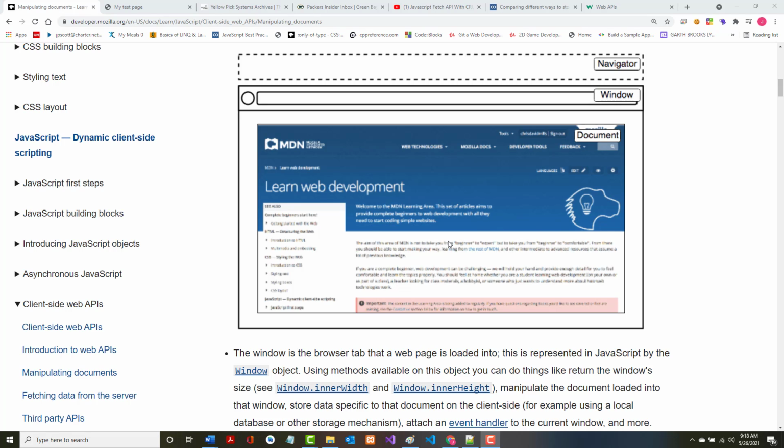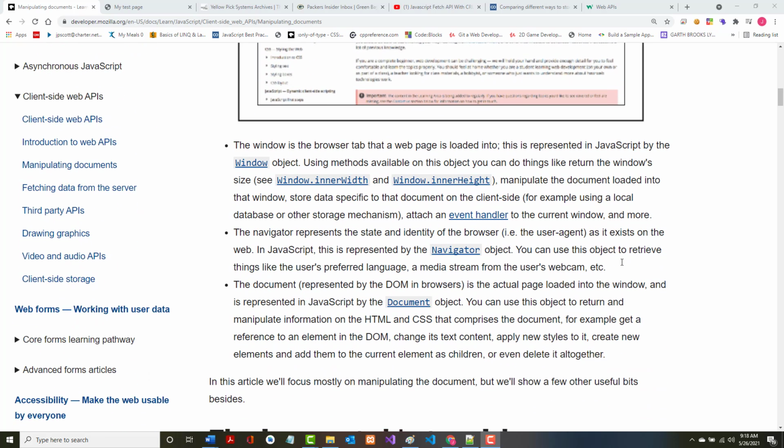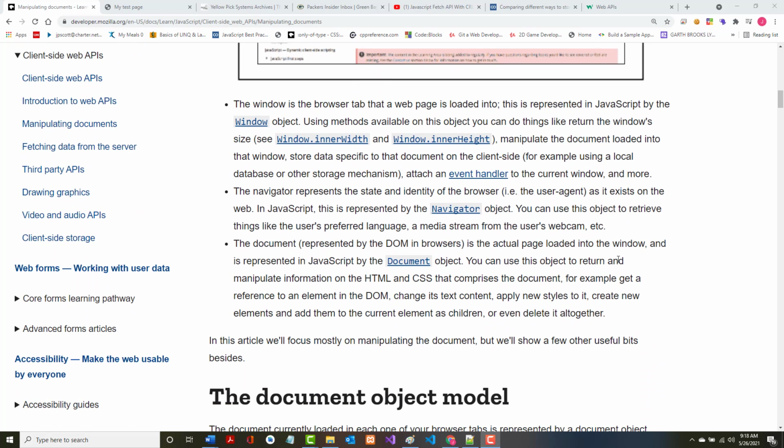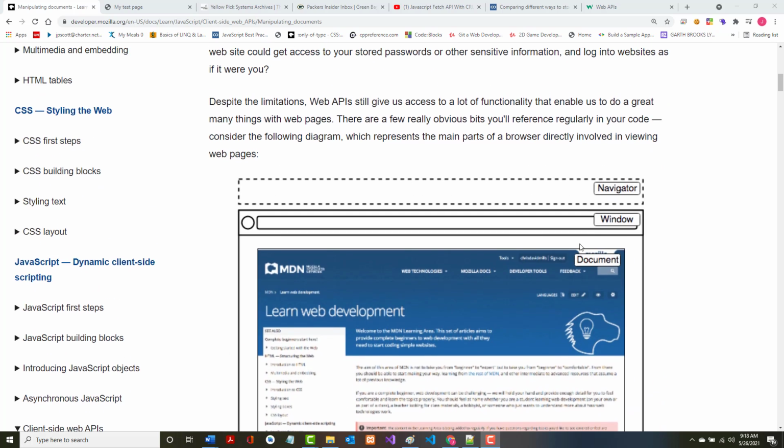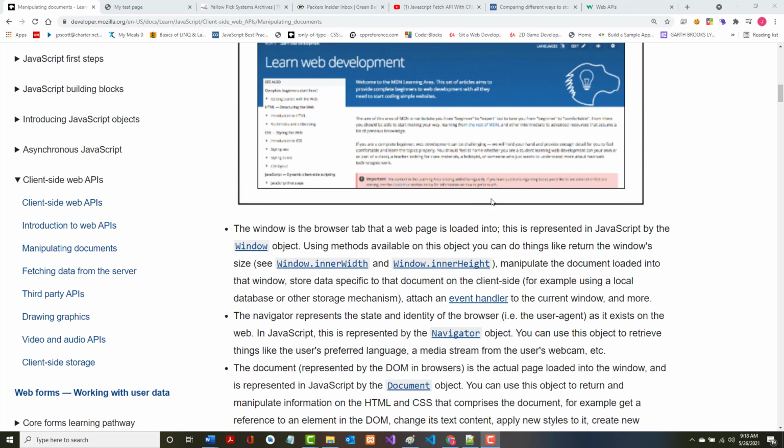It is represented in JavaScript by the window object. You use methods available on this object to do things like return the window's size using inner width and inner height, manipulate the document loaded into that window, store specific data to that document on the client side, attach event handlers, etc. The navigator represents the state and identity of the browser,